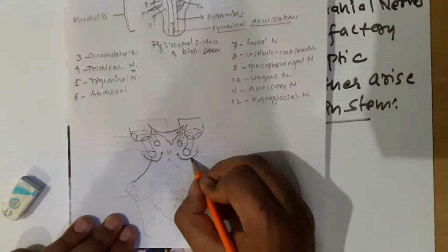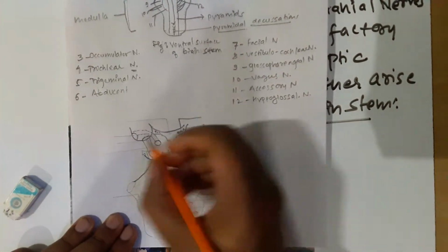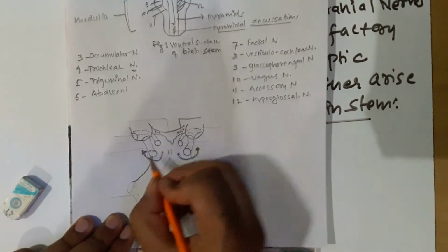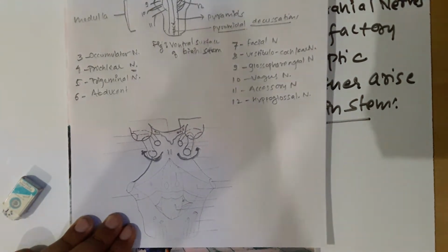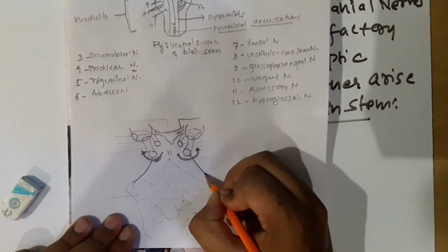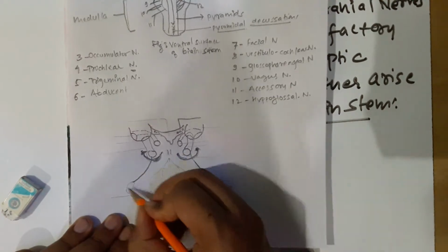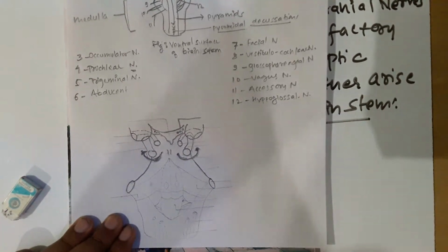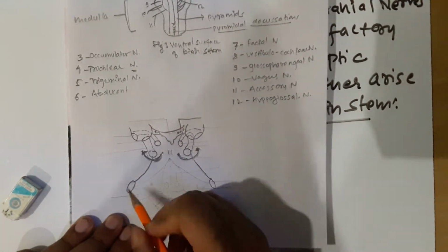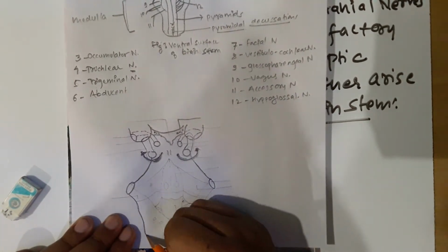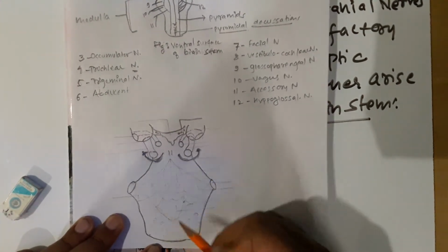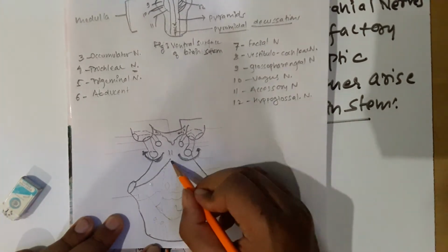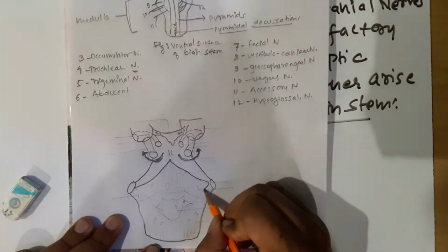So you should keep that in mind. This is the trochlear nerve, we are representing the arising of the trochlear nerve. So let's get down. These are the cerebral peduncles. This is the lower part of the fourth ventricle. You will come to know that the medulla forms the lower part of the fourth ventricle, showing the open part of the fourth ventricle.